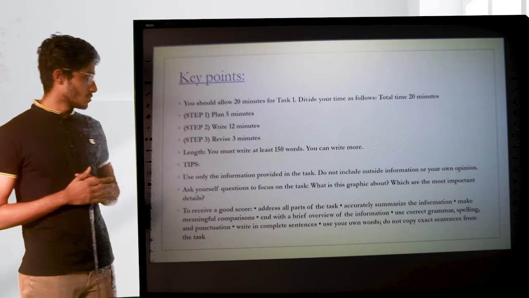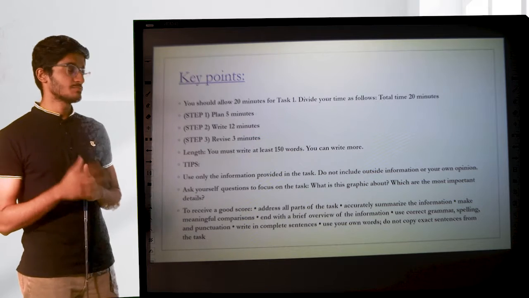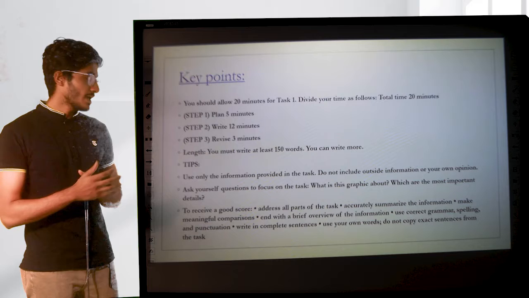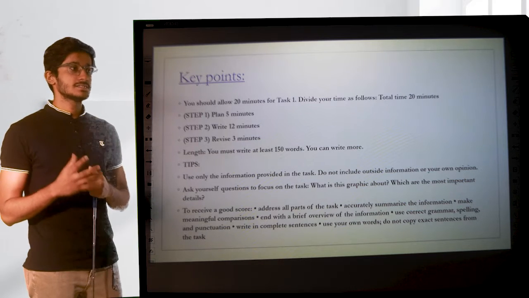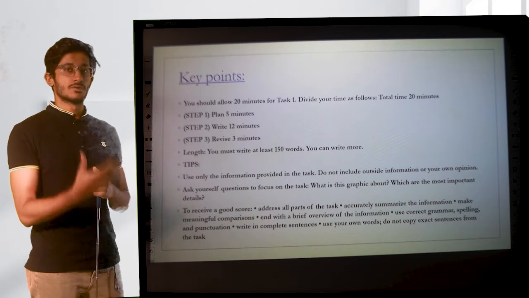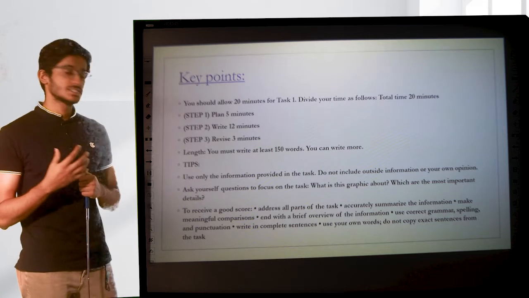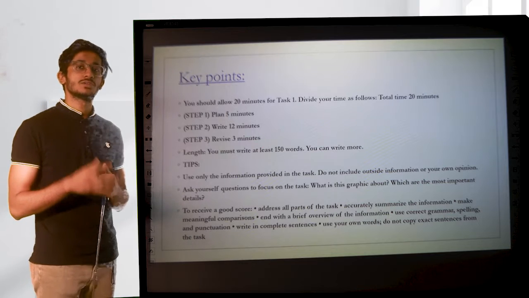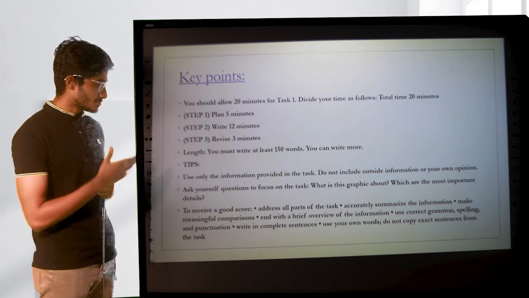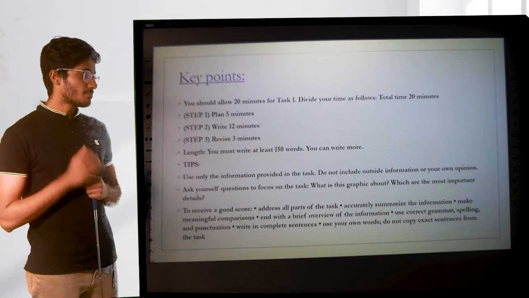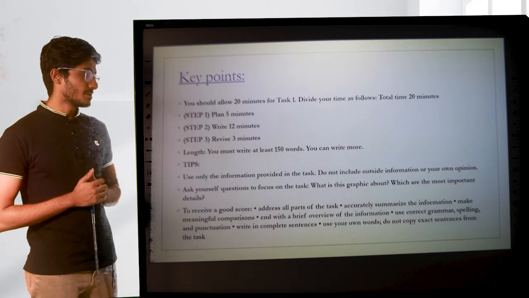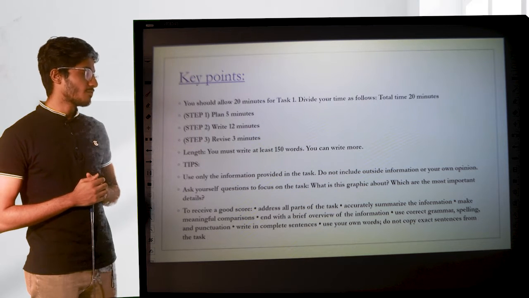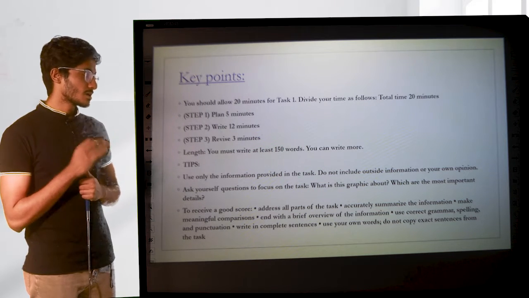So a couple of tips. You should only use the information which is provided to you. Do not use your opinion or information from outside. And as this is a task which involves a graphic, you should ask yourself questions like what the graph is about, what are the main features of the graph, and what you can write about. So in order to receive a good score, you should address all parts of the task. You should accurately summarize the information, make meaningful comparisons, and give a brief overview of the information,